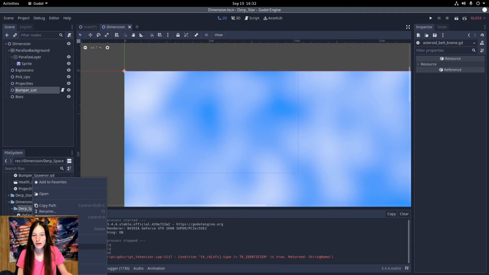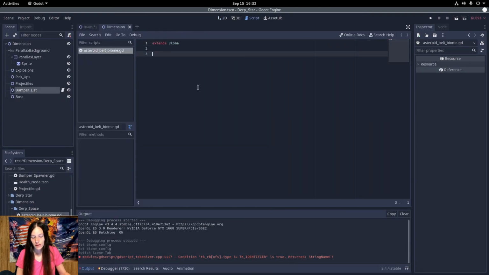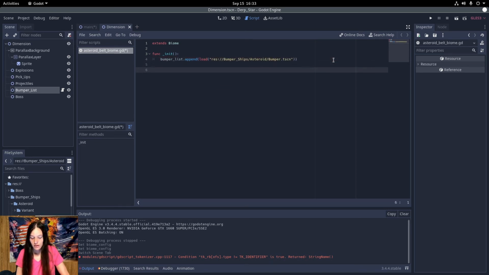So now I'll make a new resource for the Asteroid Belt biome, and this is extending the Biome class. And then on initialize, I'll load the asteroid bumper. And in the isValidLocation check,